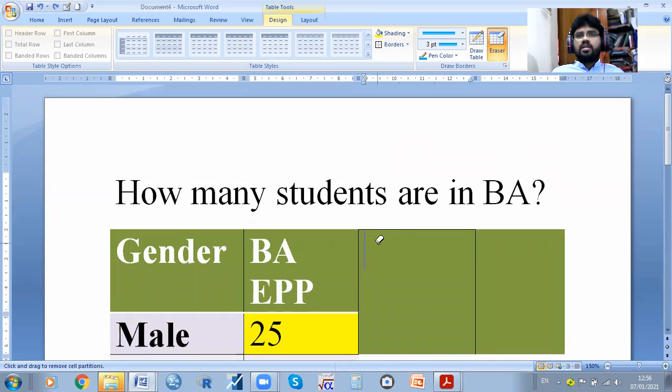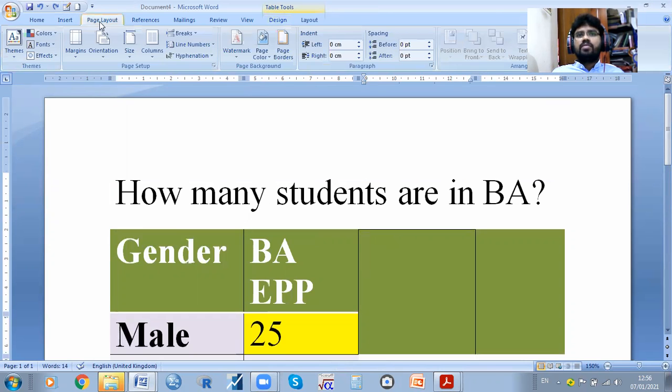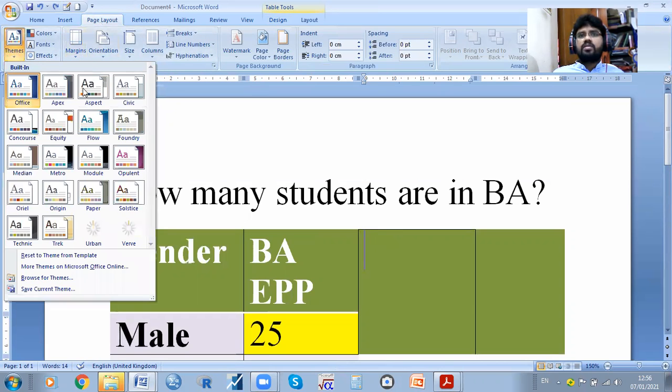So this is the option in inserting tables. But page layout is another menu bar. First, we need to know what the margin is. There are also different types of themes.